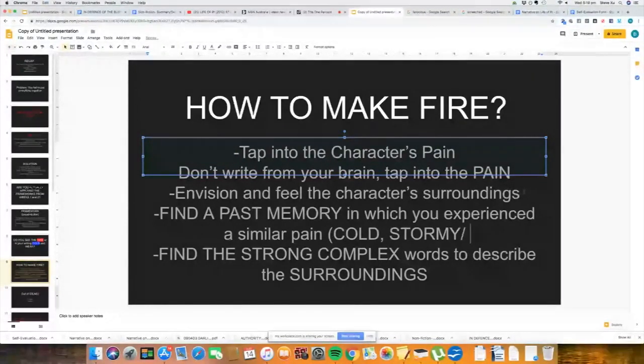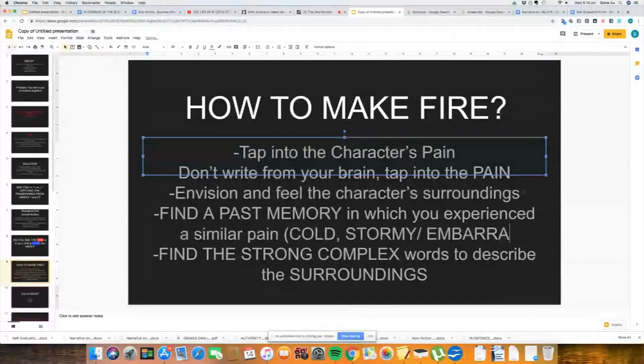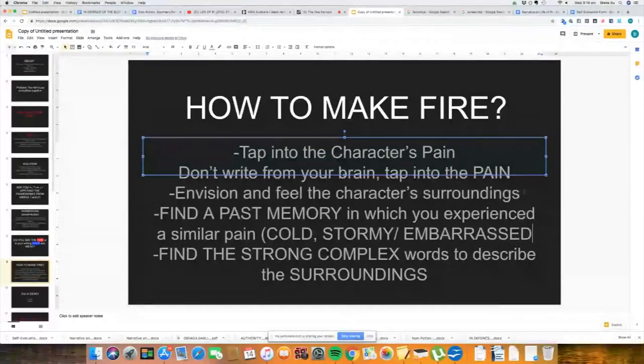Let's say you've been embarrassed in front of the classroom, right? Talk about how embarrassing, right? And talk about how that felt when you were embarrassed in front of the classroom. Talk about how your cheeks felt. Talk about what was racing through your mind. Again, once you start tapping into the pain and you start writing from your heart, this is when you start